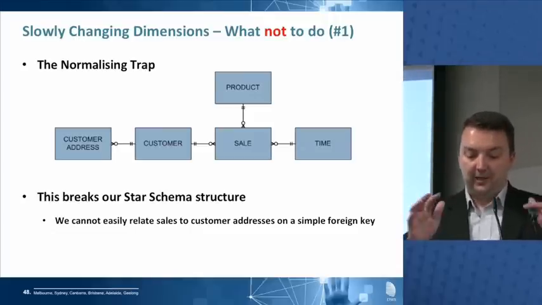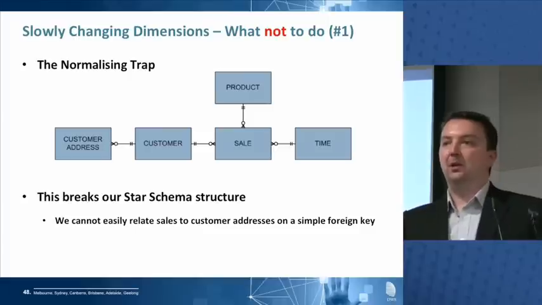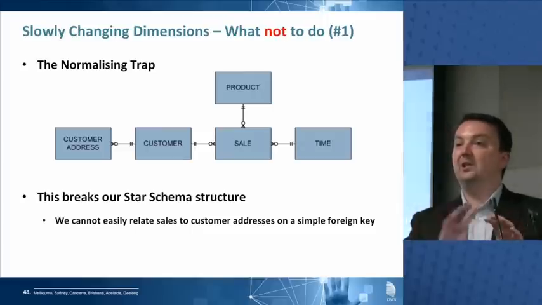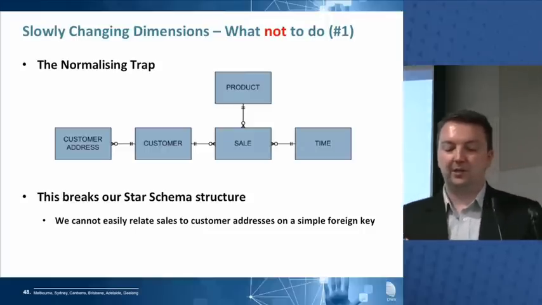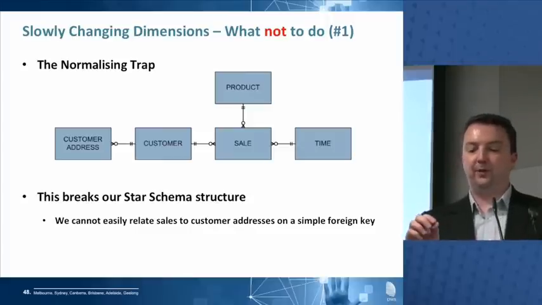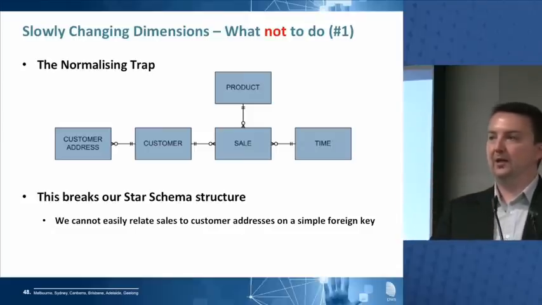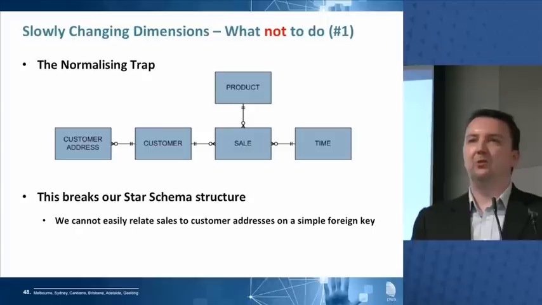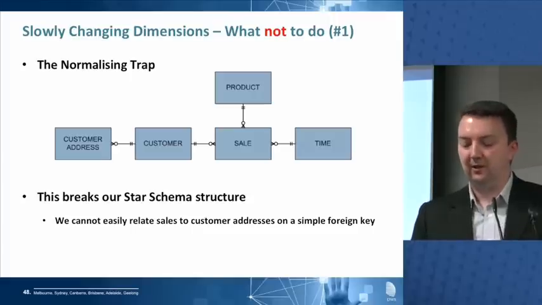So that's great when you're just looking at customer and customer address, but all of a sudden, our nice relationship between sale and customer, where one customer has many sales, and we can very easily relate sales to customers by a simple foreign key between those two tables, doesn't hold anymore. It holds for the customer attributes, but not the customer address attributes. We've got no simple way of defining this sale was made to this customer at this address. When we're joining those tables in, we would need to apply some date filters, and that complicates the simplicity of our star schema.